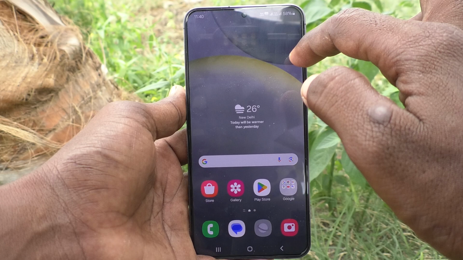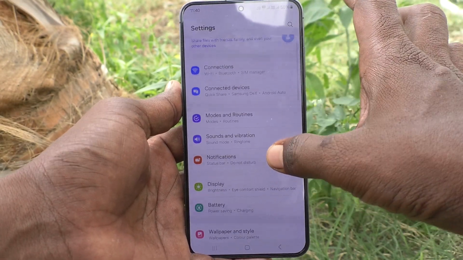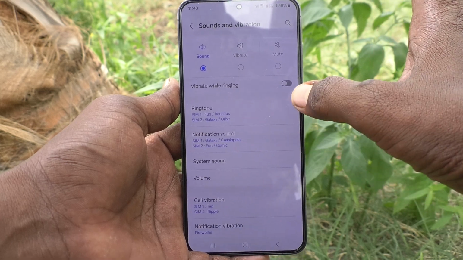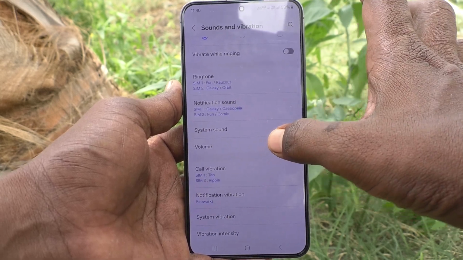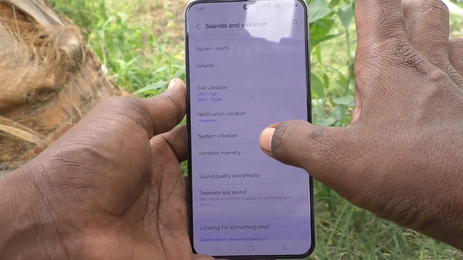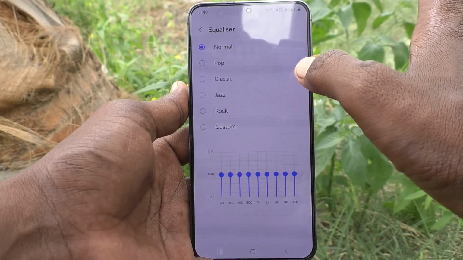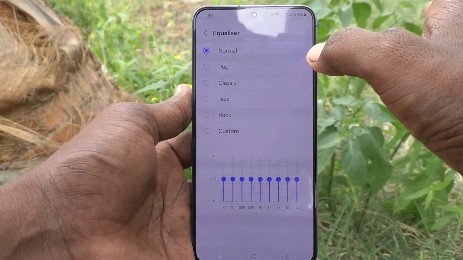First of all, go to settings of your phone. Go to settings. Then go to sounds and vibration. Go to sounds and vibration here, and then go to here sound quality and effects, and here go to equalizers, and here you can choose from the available